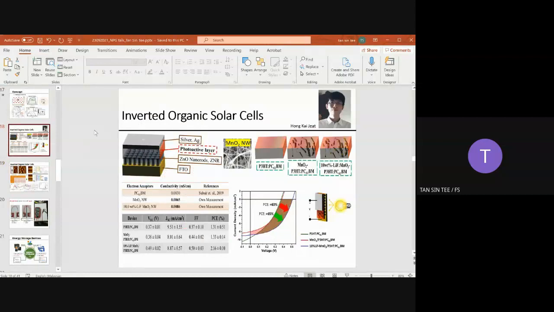If you look from here, this is our device structure. We are using our nanomaterial zinc oxide just as the electron transporting layer. When we modify our photoactive layer, we don't change the zinc oxide nanorod, because it is already optimized to a certain thickness. What we modify is only the photoactive layer, and the problem we want to cope with is the stability issue.